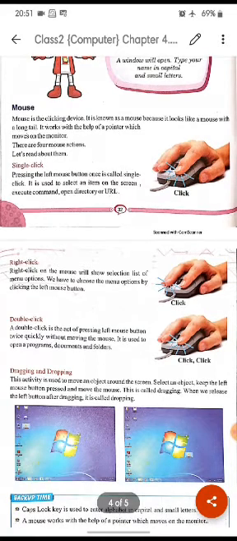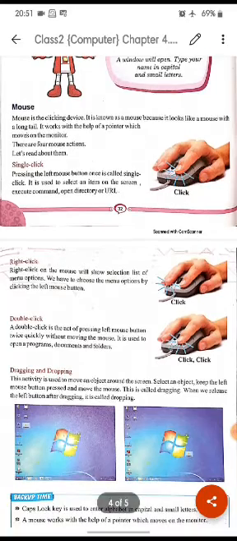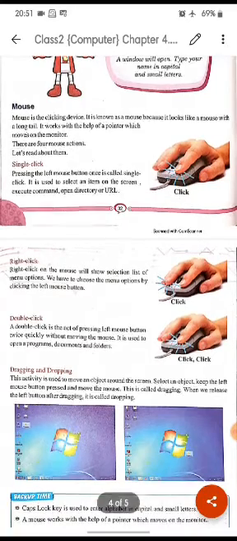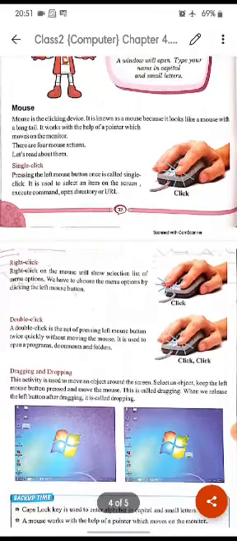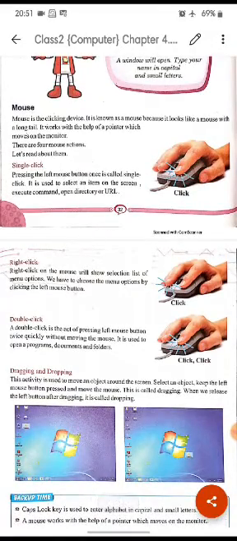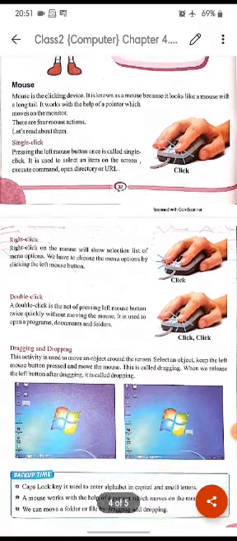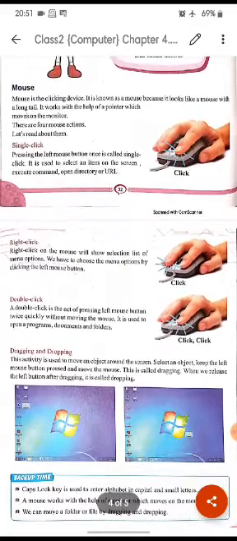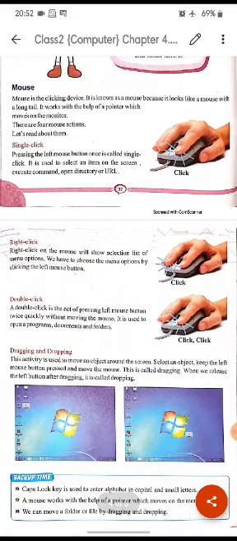There are 4 mouse actions. Let's read about them. So there are 4 mouse actions for which the mouse is used. First is single click. Pressing the left mouse button once is called single click.